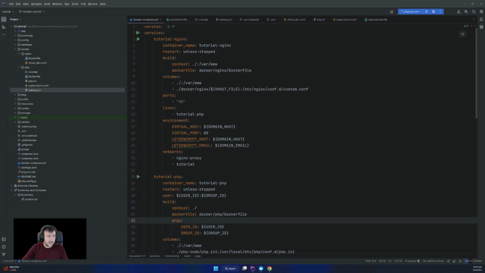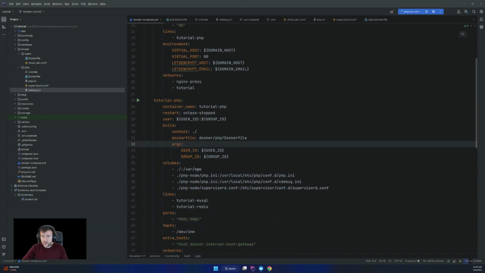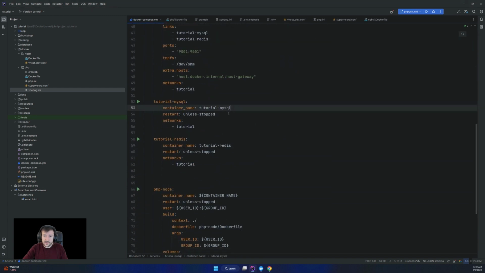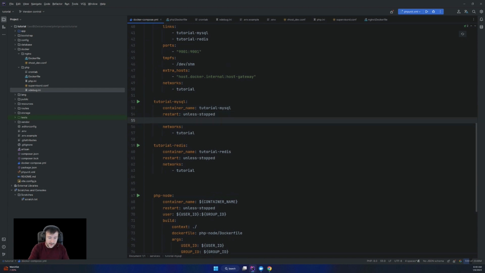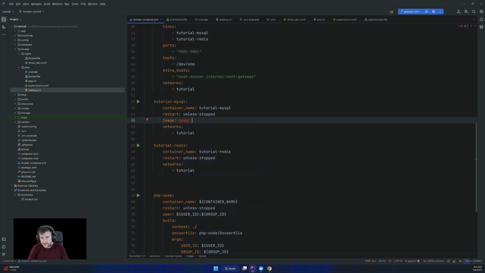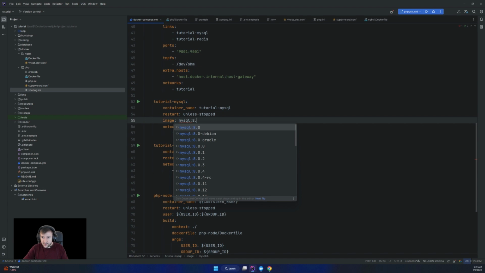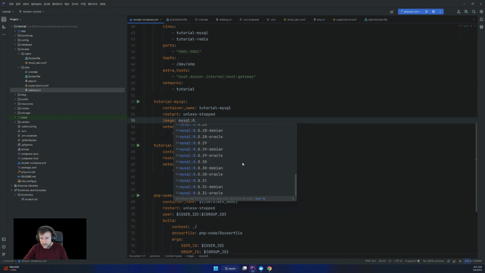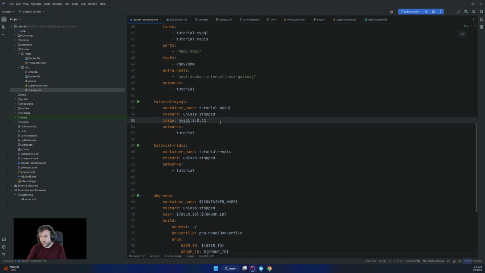The next one to build is the MySQL. So we have container name, restart unless stopped, and in here we want to use an image. So MySQL, like I told you last time, but I want to be specific with the version. I'm gonna go with 8, and the latest 8, I believe it's 8.0.31 or 32. Yeah, it's 31. So I want to go specific with this one.